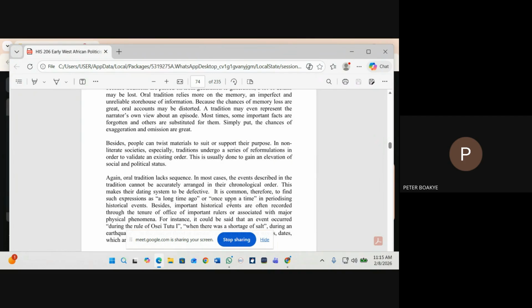Again, people can also alter material to suit or support their purpose, depending on their interests. In non-literate societies especially, traditions undergo a series of changes in order to validate an existing order or information. Now, this is usually done to gain